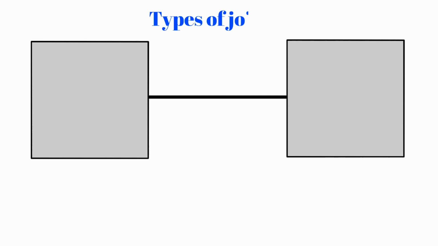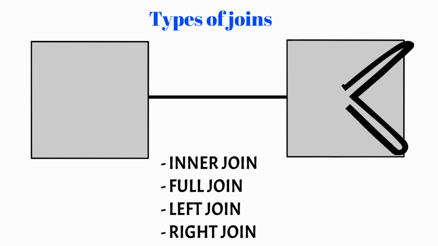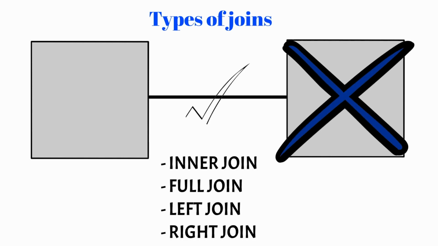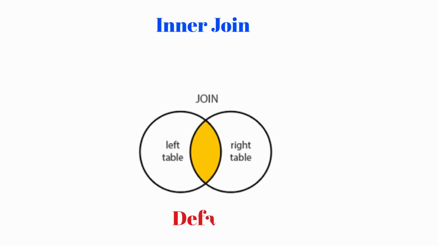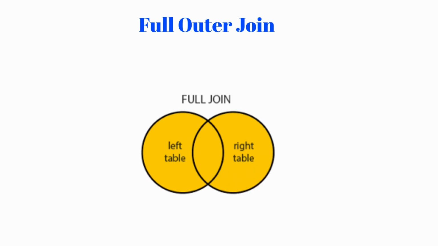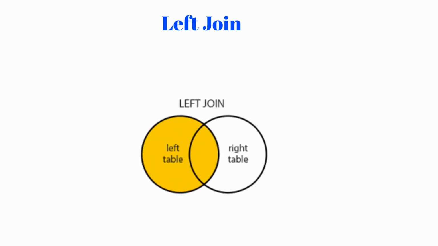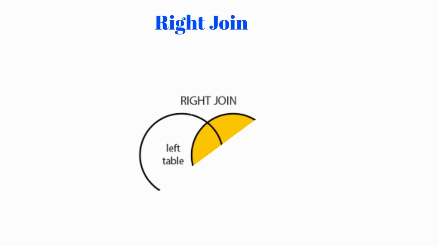There are 4 kinds of joins: inner join, outer join, left join, right join. Types determine if the join should include non-existing rows or not. Inner join is used to get rows that both exist, that's the default, so if we use join, that configuration will be used. Full join gets rows where both exist or one of them exists. Left join gives rows that exist on the left part of the equation. Right join gets rows that exist on the right part of the equation.